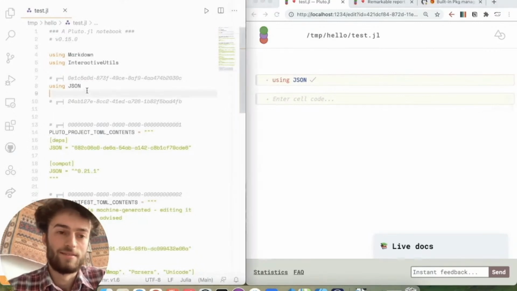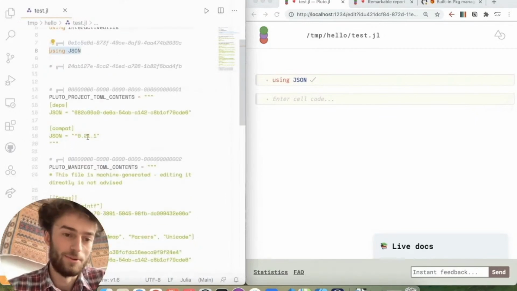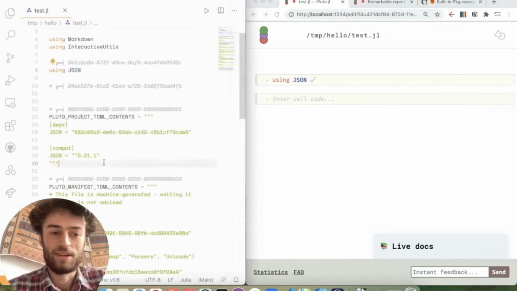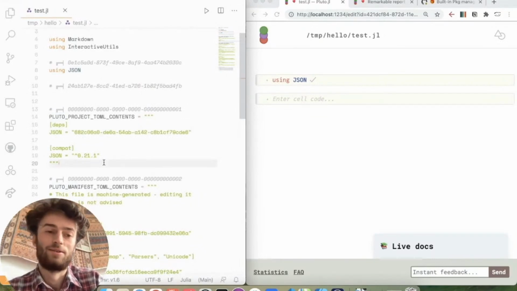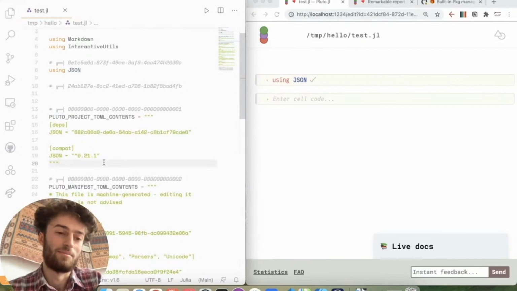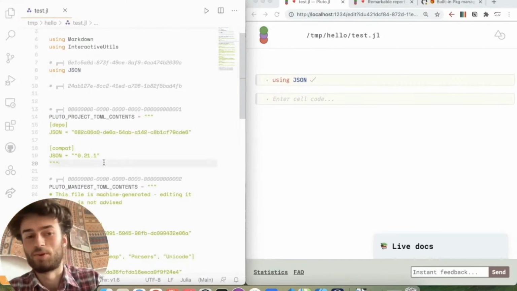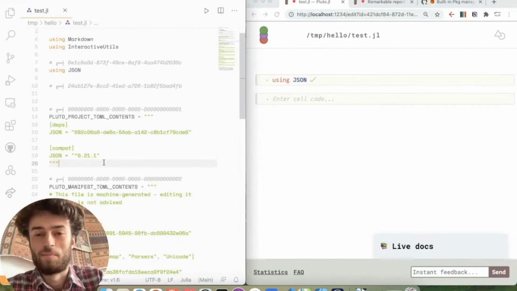And using JSON ends up in the file, but also we put the Project.toml and the Manifest.toml right there. And so when you open someone else's notebook, it takes those project and manifest contents, writes it to a temporary directory,